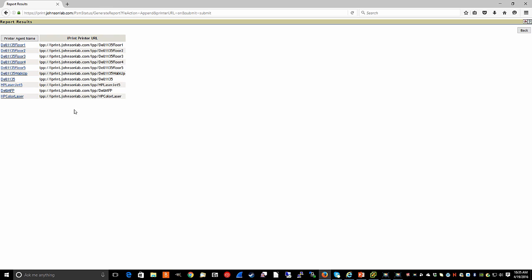This shows you the new iPrint printer URL for the migrated printers. For example, if I wanted to redirect my users from the NetWare print server to the new appliance for the Dell 1135, I would simply copy this URL,